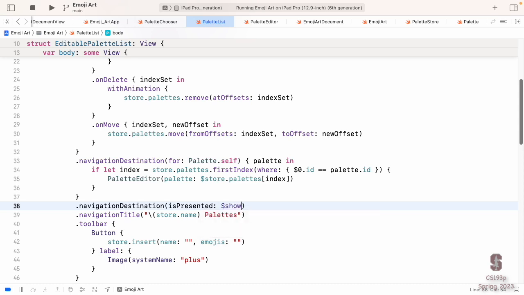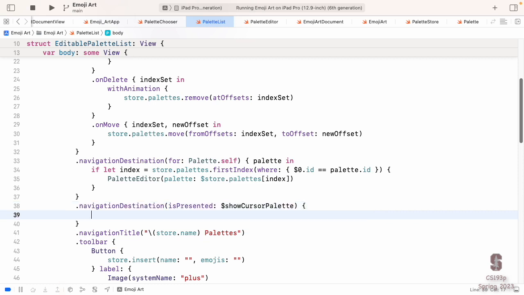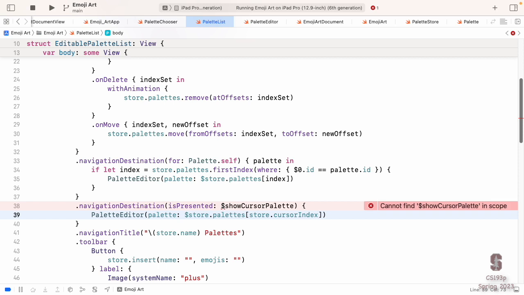I'll call this one show, we'll show the cursor palette. If we just created a new one, it'll be added at the cursor, so we'll show a cursor palette when we do this. And this is also the palette editor showing, but instead of the index here, this is the store's cursor index. So if I set a Boolean, which I haven't created yet, called show cursor palette, it's going to navigate to the cursor palette, the editor for the cursor index.